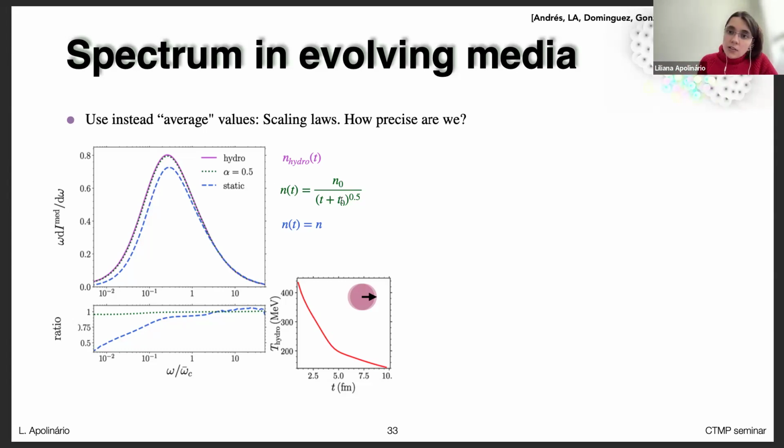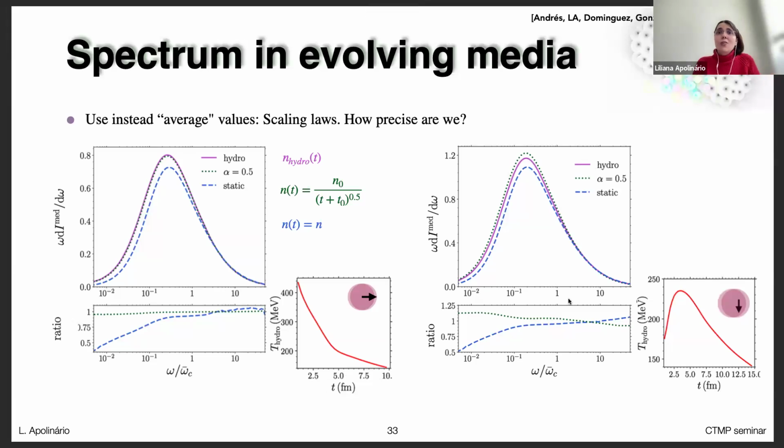So this avoids this heavy calculation of the spectrum every time that I want to run some sort of jet energy loss analysis. So instead, I pre-compute this. I have some sort of a table that I simply input in my codes, and I simply read the parameters that account for the hydrodynamic profile that I'm about to use. And what we showed is that this is valid for very central collisions in which I have a very well-behaved